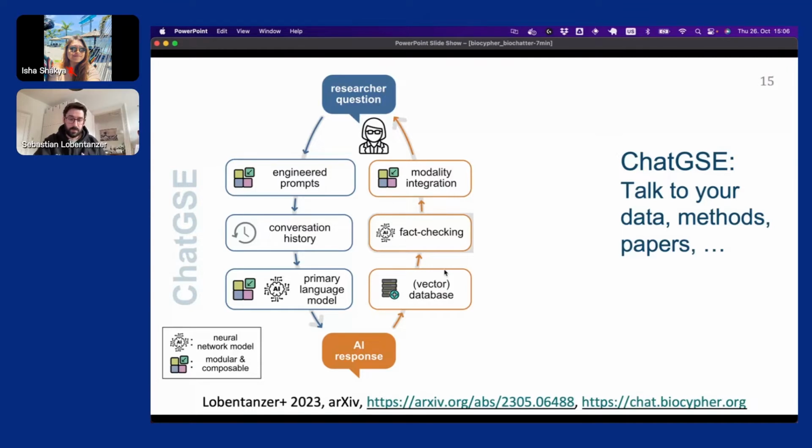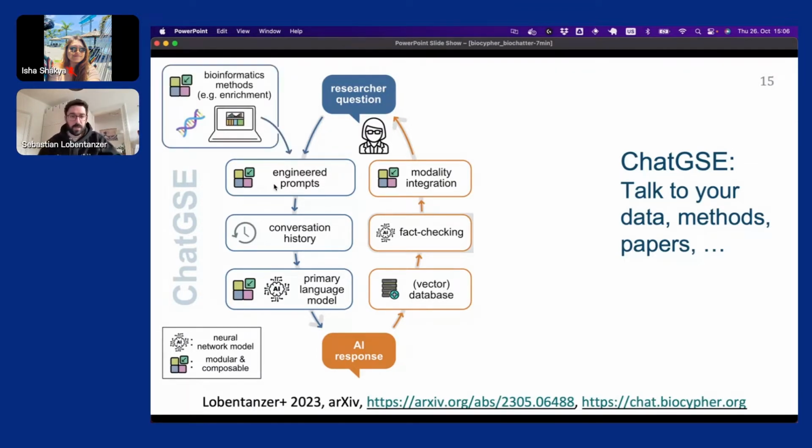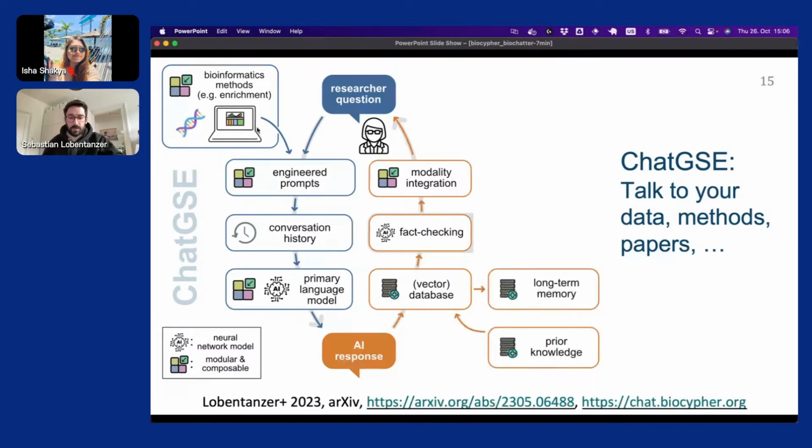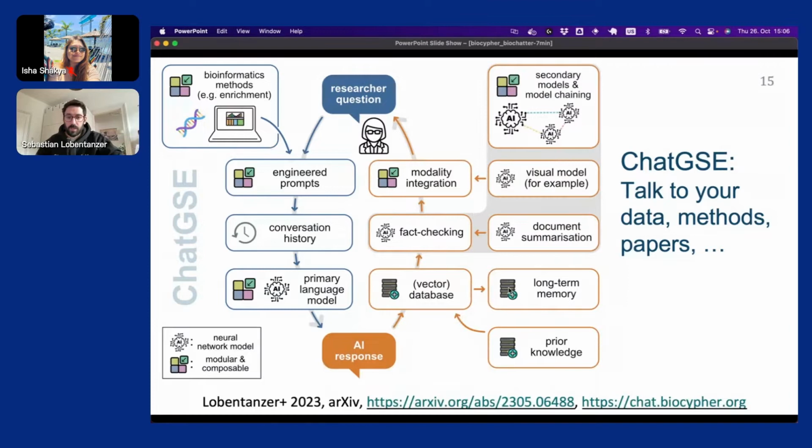And this was originally just a demonstration of what we envision. It's basically a feedback loop between a researcher and a large language model. We engineer the prompts, and then we bring some domain-specific things into it. For example, we make the model aware and tune the model for the output of particular bioinformatics methods that we would like to interpret. We can also connect databases for injecting prior knowledge, but also as a long-term memory storage of the model. And then we can bring in also more complicated chaining applications in the vein of LangChain.